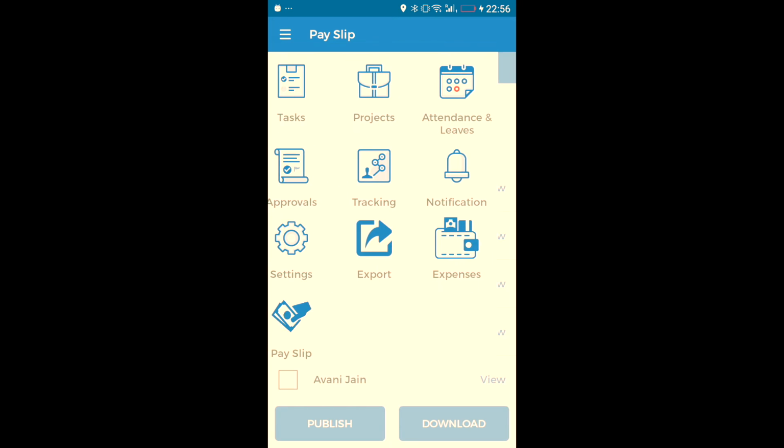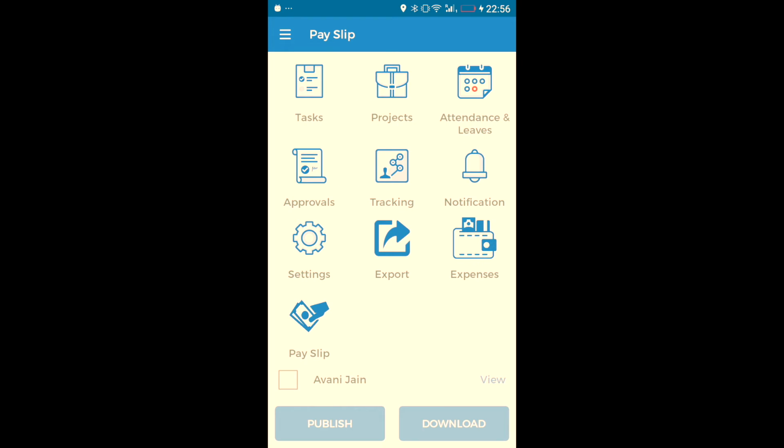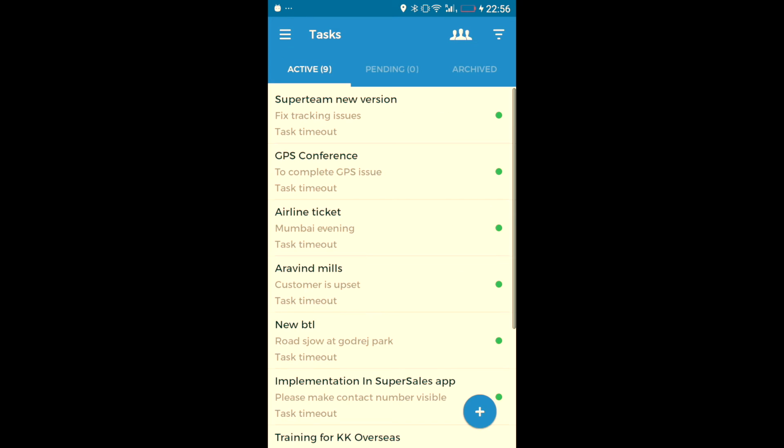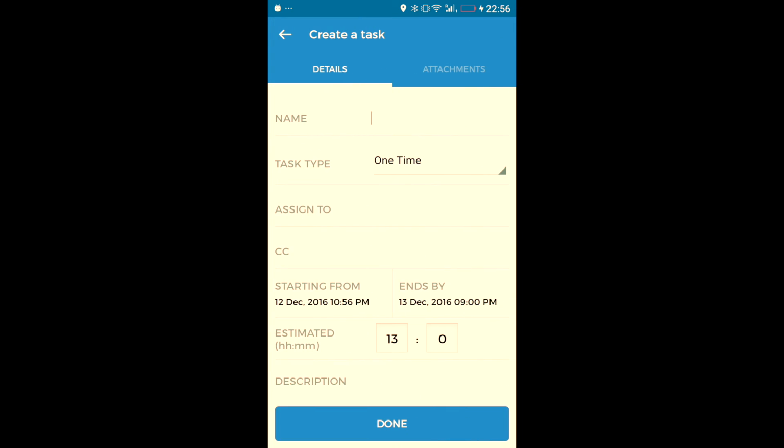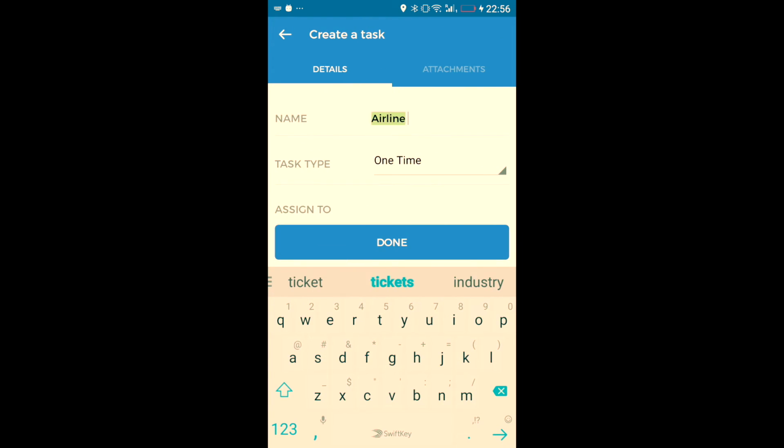Finally, we come to the most interesting part of the app, the task manager. The objective of the task manager is to allocate tasks to team members or vice versa. So let me take a simple task. I want my secretary to book an airline ticket. So I give the name of the task,